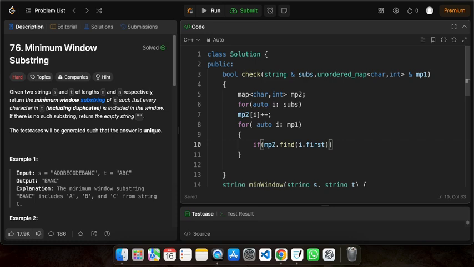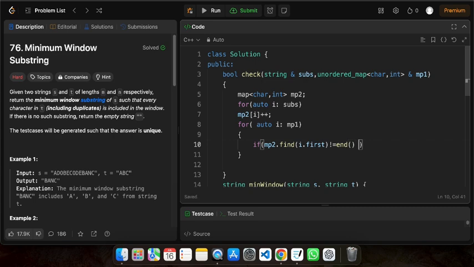So it should be present in our substring. So I am finding it. If it is present, let's say if it is not present. All right,